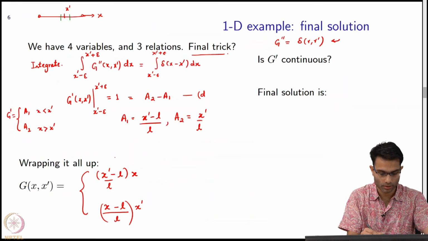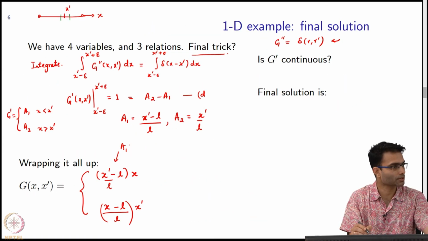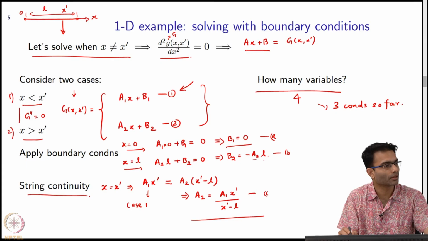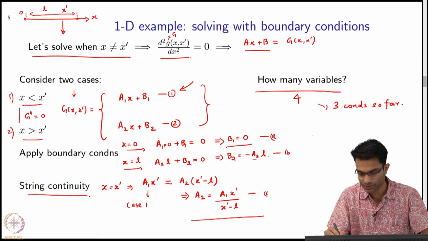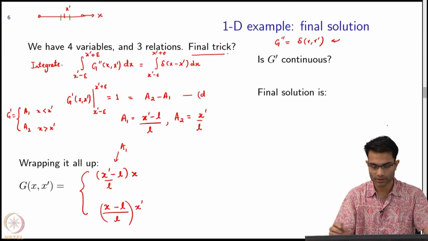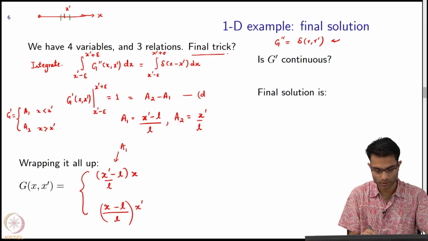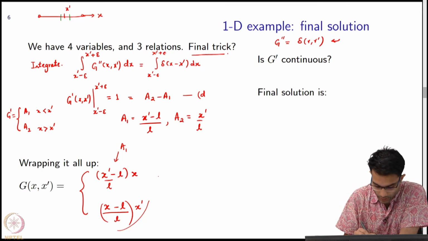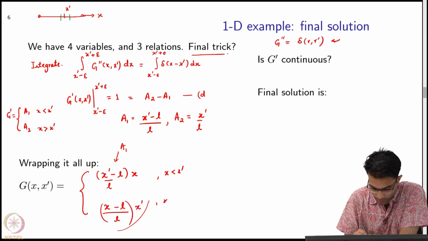The other equation was B2 was equal to minus A2 L, right. So, then what happened was A2 x plus B2 became A2 times x minus L, right. So, I substitute, so A2 is over here, right. Okay. So, we can say x less than x prime, x greater than x prime,